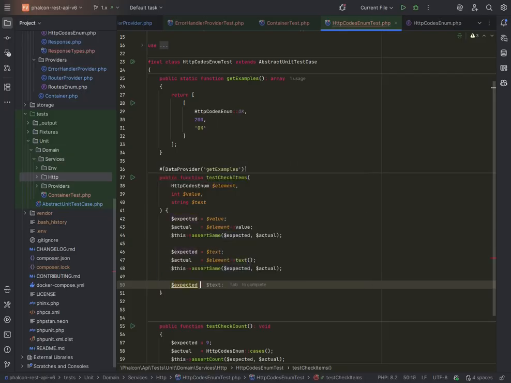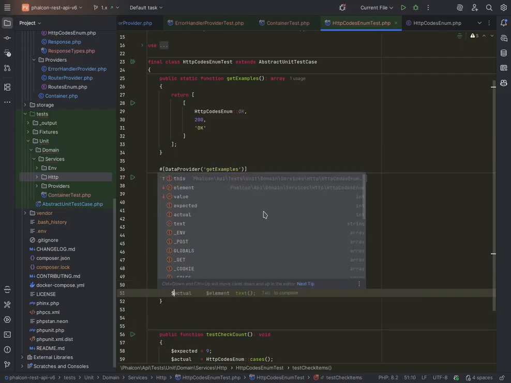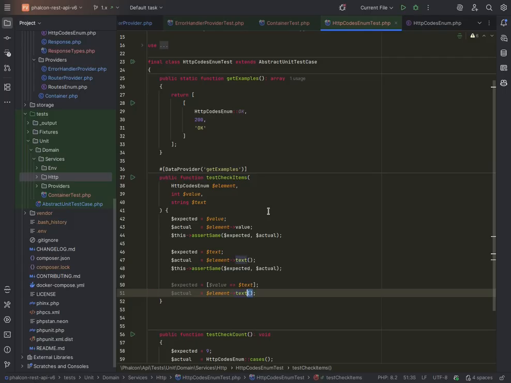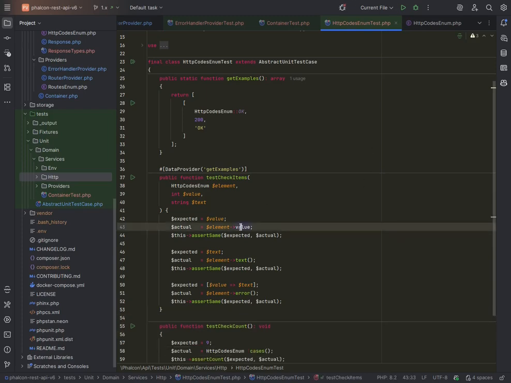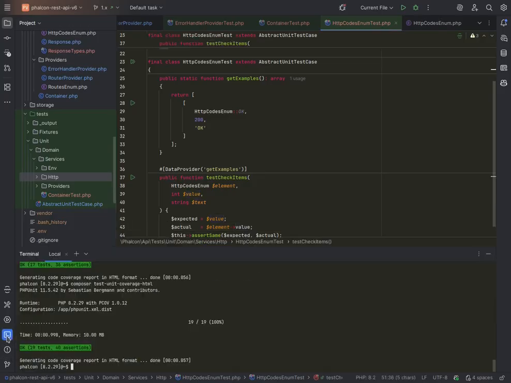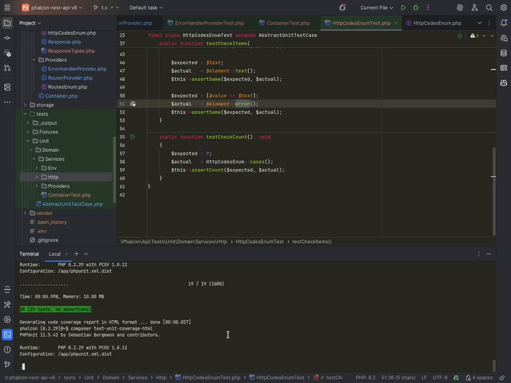Expected equals, it should be the value and the text, actual equals element error, and then assert same expected and value. So we're checking the value of the enumeration, we're checking the text method and the error method whenever this thing runs. So if I run this,